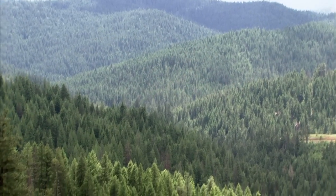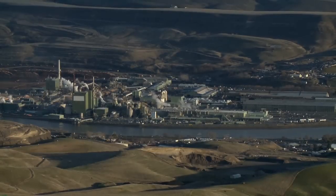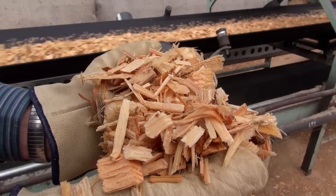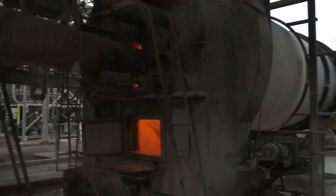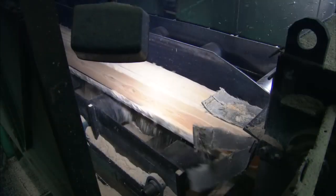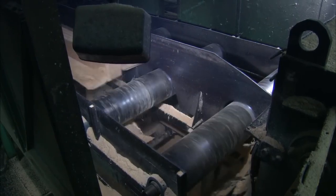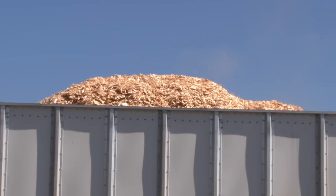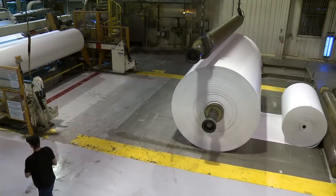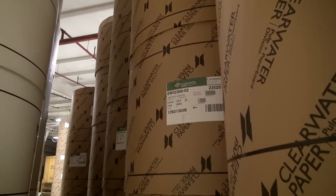Idaho forests play an important role in the making of paper. And at Clearwater Paper in Lewiston, Idaho, wood chips, sawdust, bark, and other small pieces are ingredients for paper and electricity. Did you know that Clearwater Paper is often the #2 customer for many area sawmills, making sawmill residuals a valuable product? Did you also know that Clearwater Paper's mill at Lewiston accounts for half of all forest product sales